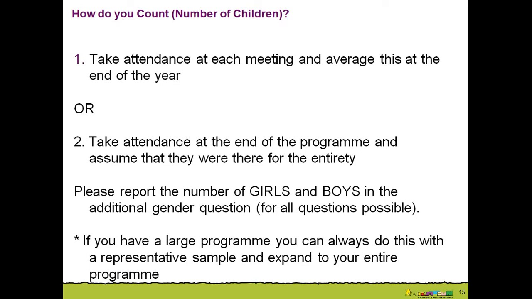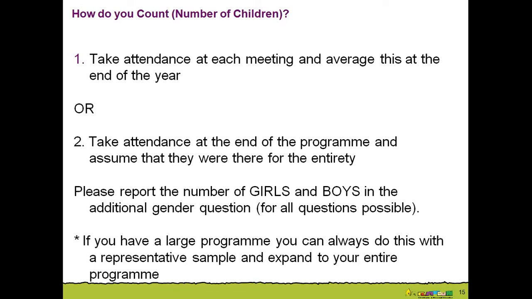It's just the children from the previous annual year, and just the children that completed a cycle of the program, not counting children who entered the program at the end of the year but have not completed. So only those that have completed in that calendar year. So there are 2 ways that we suggest doing that. The first is more detailed and more accurate, and that is to take attendance at every single meeting or class and average this attendance at the end of the year. And that will give you the average number of students who are attending the Aflatoun, Aflatot program during the year.